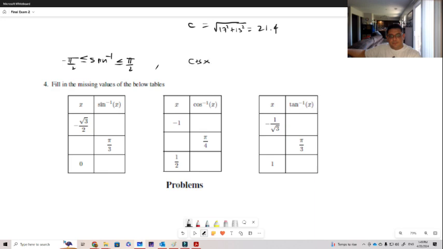Cosine to the -1 is from 0 to pi. And tangent to the -1 is also landing between minus pi half and pi half. Now with that information, then we can say, okay, so let's find the values that correspond to that on